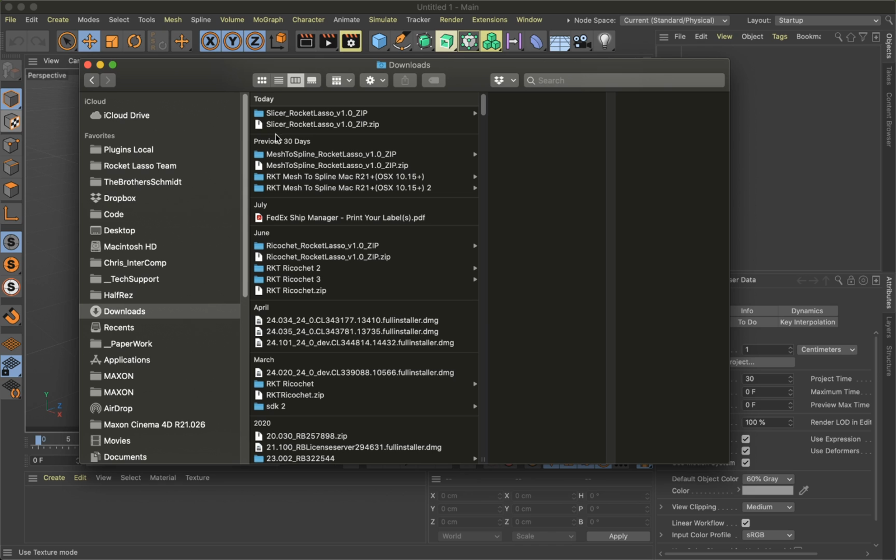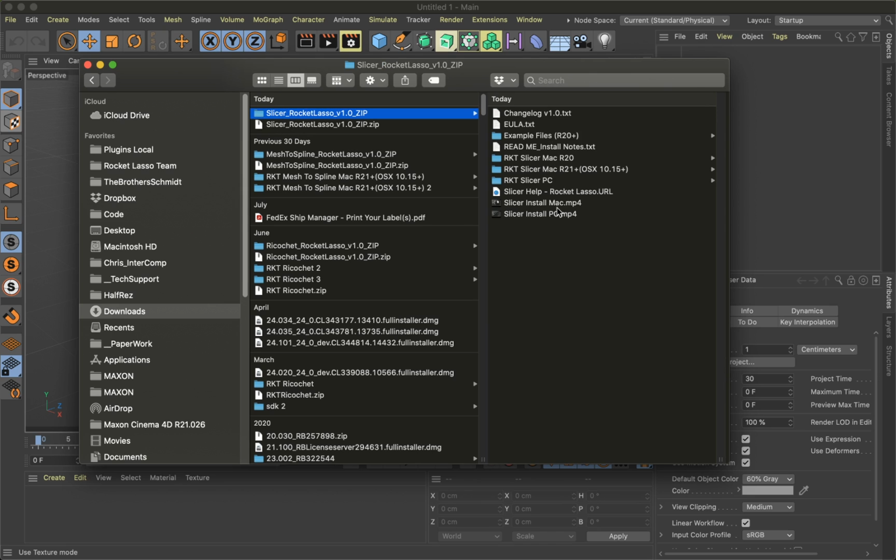Presumably, you have purchased, downloaded, unzipped Slicer, and you are now watching this install video. So here's how we install on the Mac. There are two different ways you might need to do it. One is if you're in an older version, then you will be installing